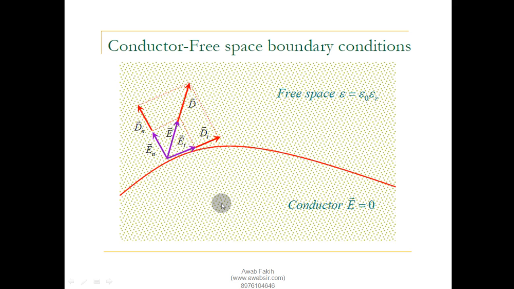So in case of a conductor, E is equal to 0, and in case of free space, these components are present. E is the electric field intensity, and this is the displacement vector, and these are the components which are along the same path. This is also an important factor that we have to realize, that the displacement vector in case of an isotropic medium